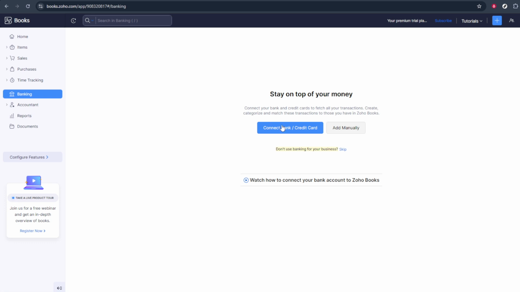First, log into your Zoho Books account and head over to the main dashboard. From here, look for the banking section in the left-hand menu. Go ahead and click on Banking. This is where Zoho Books keeps all of your bank and credit card accounts, as well as any transaction feeds